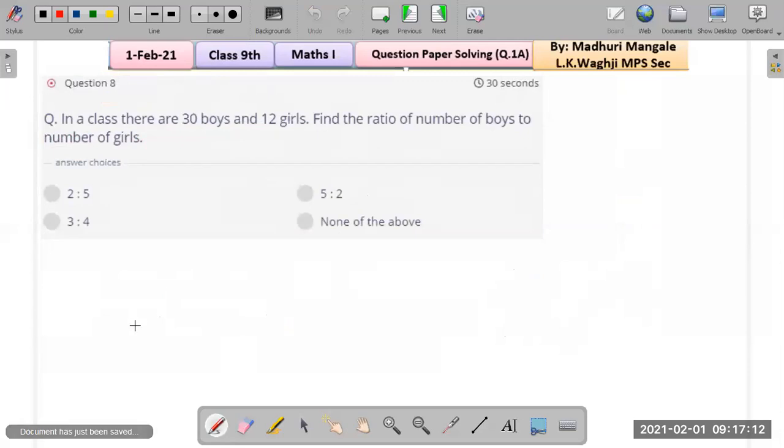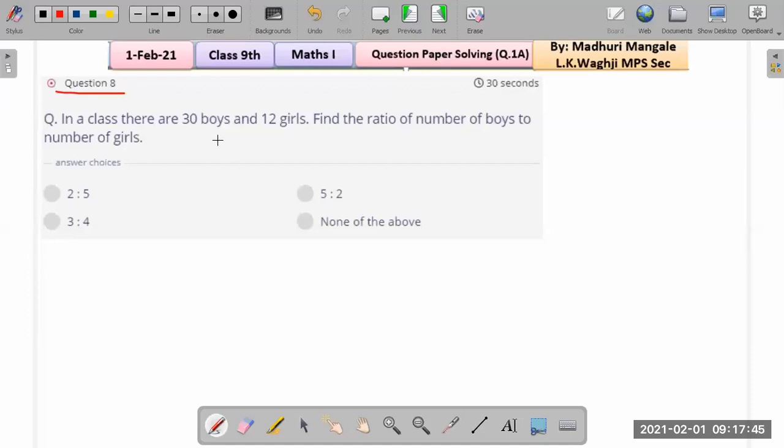Yes, and for those who are just randomly trying to do guesswork, please don't do that because you will lose your marks, right? And at the end of this month, we will be giving you certificates to the students who score good marks. Okay, so try to work out the questions because these are just small steps. Try to do the work on paper, try to do the calculation, and then only select the correct choice. Please don't do guesswork. Okay, so next question number 8.